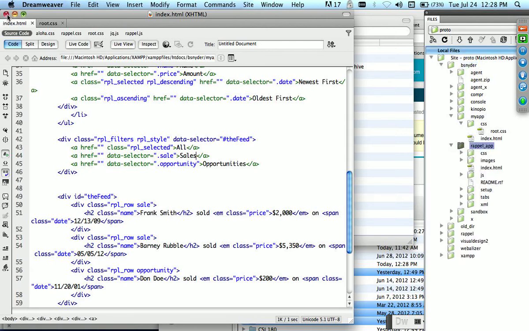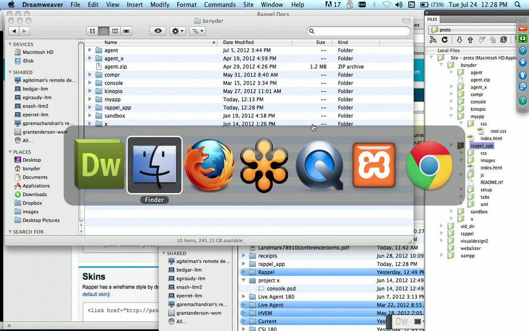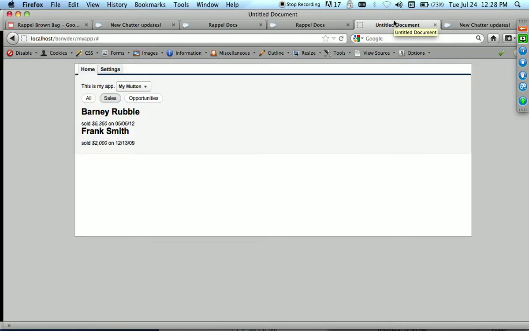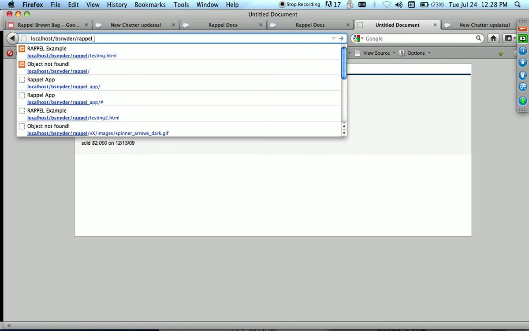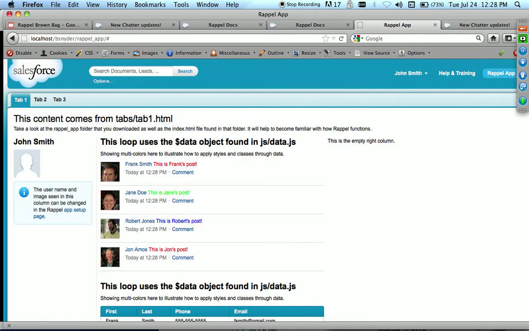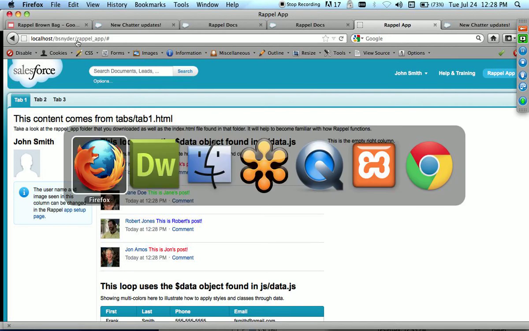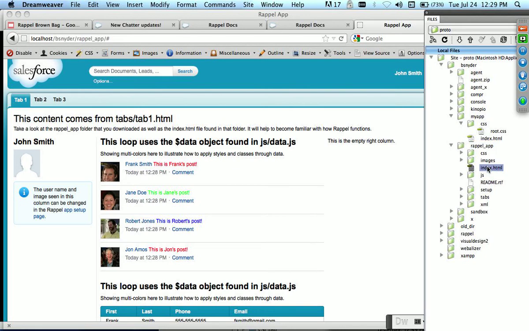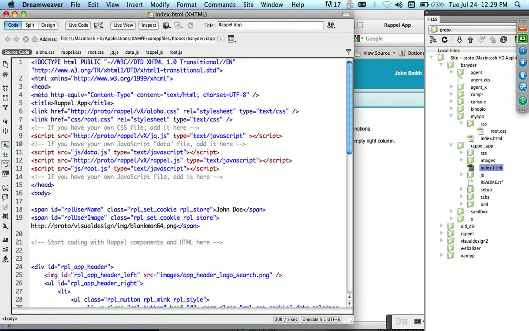I'll close out the stuff that I just built here, and navigate to it. And so this is my local copy of that app that I just downloaded. So just to cover the setup, since I just went over that,